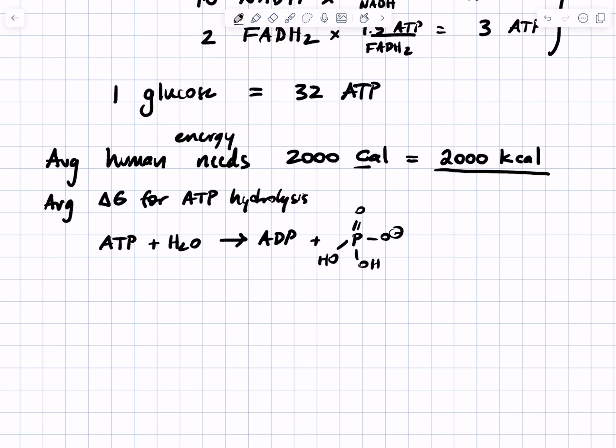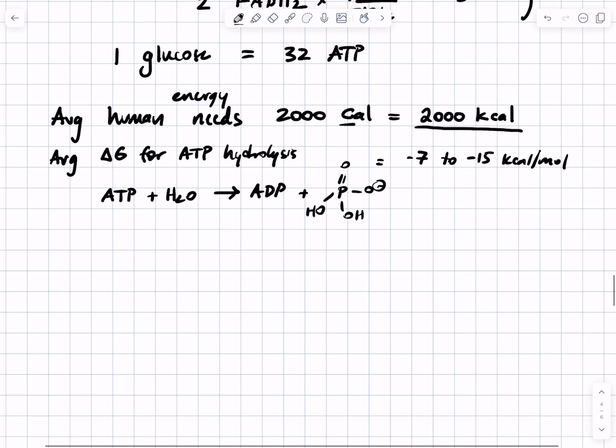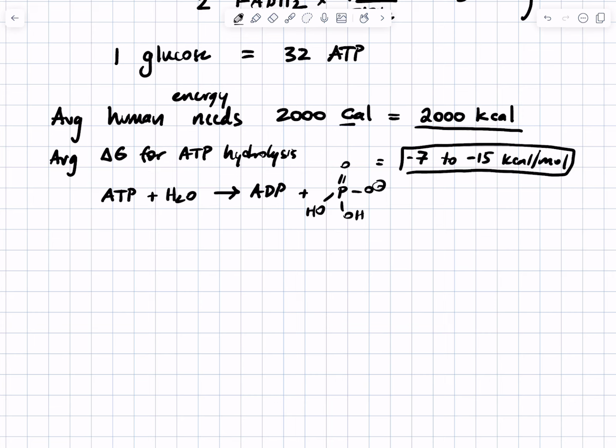And the free energy for that reaction is anywhere between -7 to -15 kilocalories per mole, depending on the conditions of the cell and concentrations of stuff. I'm a scientist, so I like a range of values. I like to know what the uncertainty is. Okay, so with these numbers, we can calculate how many moles of ATP,